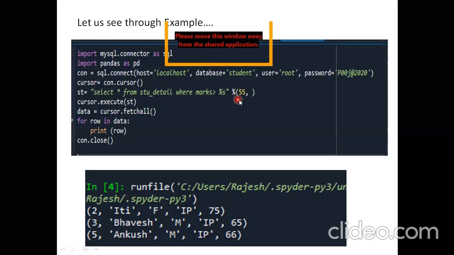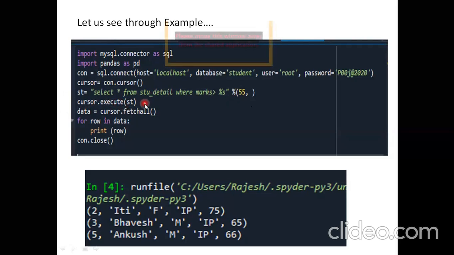I have also used a comma over here because I already mentioned that the value attribute takes only tuple values. So even if you pass a single value, it should always be followed by a comma. That's why I'm using a comma. Now I have my string generated with the parameterized query. Now I will pass this query into the execute function, which will execute the query.